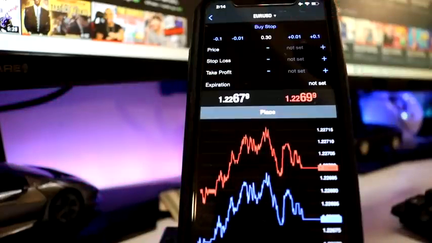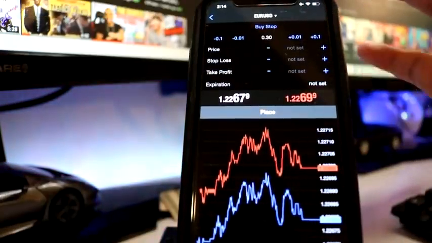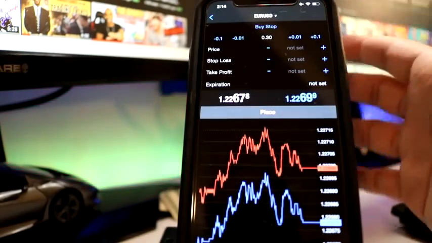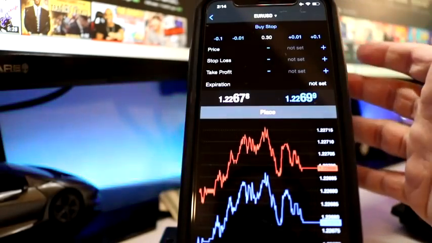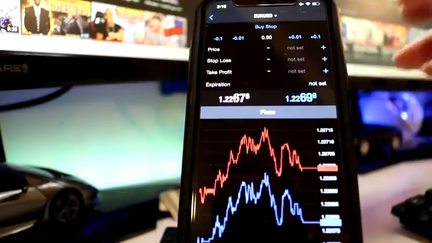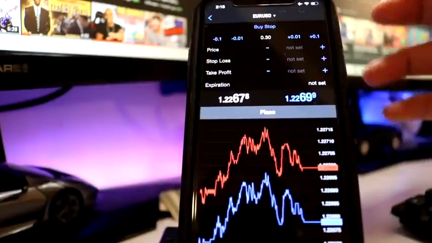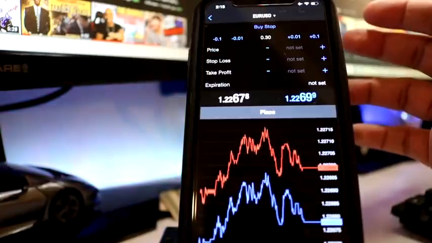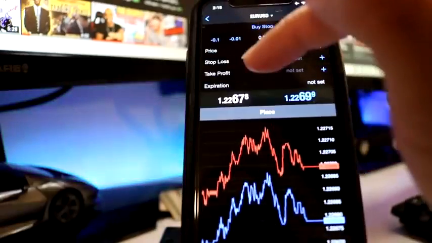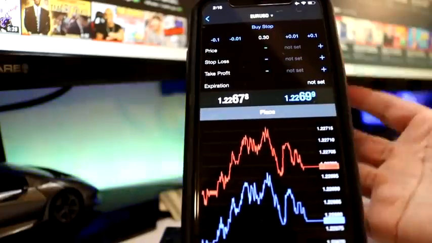Okay, so this is where you start to automate your trading, make it super easy, but most importantly, you can start setting some risk management. Okay, risk management, manage your losses. This is where the skill part of trading comes into play, and why it's not gambling, and why it's not a guessing game. Below that, you have your take profit, and the take profit is like the stop loss, but